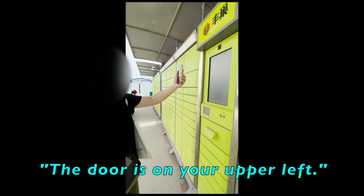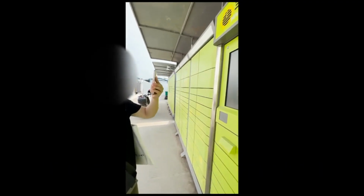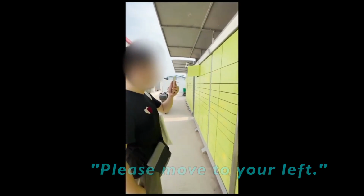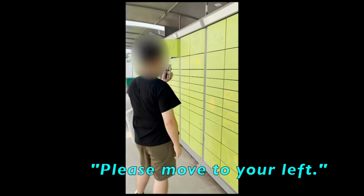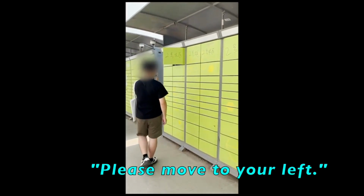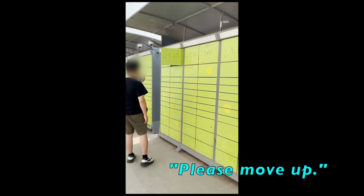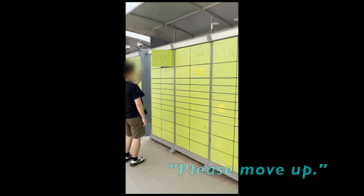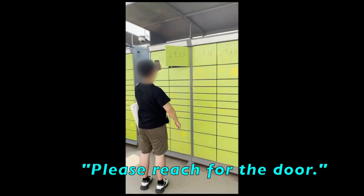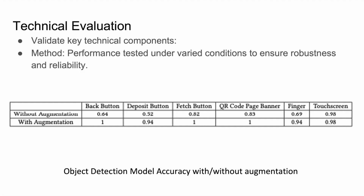The cabinet door is on your upper left, please move left, please move left, please move up, please move up, please move up slowly, you have reached the designated position. Before proceeding to user study, we want to evaluate each key technical component's performance under varied conditions to ensure